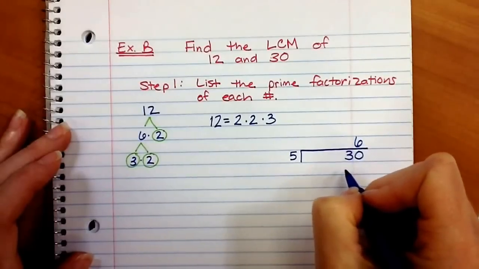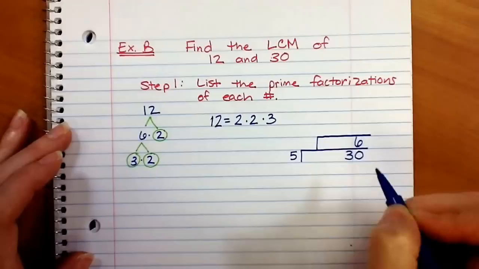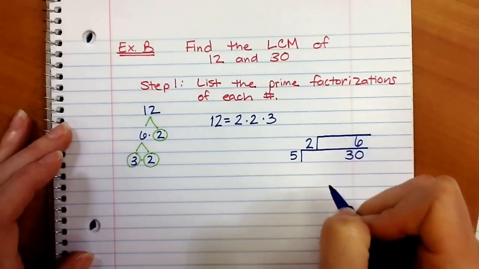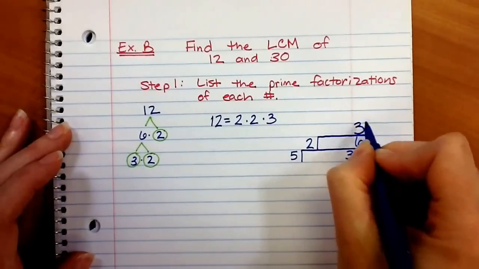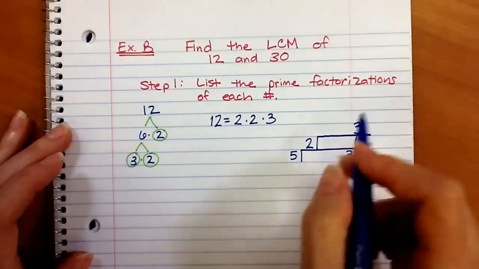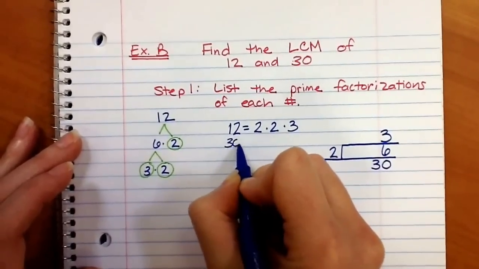6 is a composite number, so I can divide it. I'm going to put my division symbol, and I'm going to say 2 can go into 6. 2 goes into 6 3 times. 3 is prime. I now have all my prime factors here. So I'm going to come and I'm going to write my equation over here, and I'm going to say 30